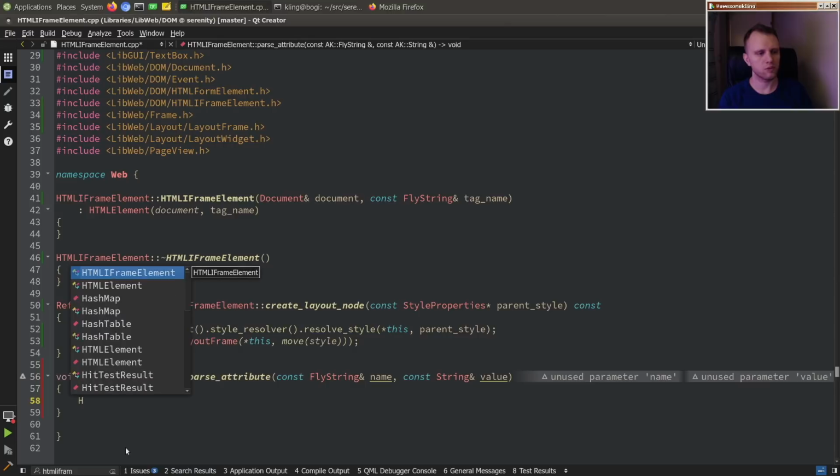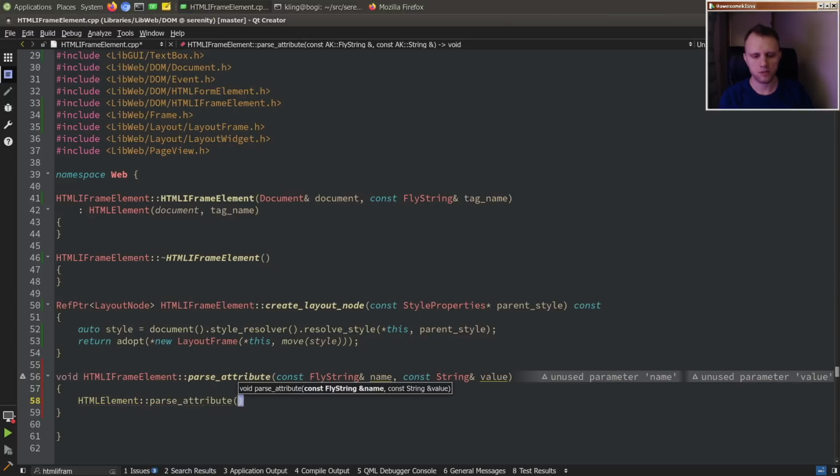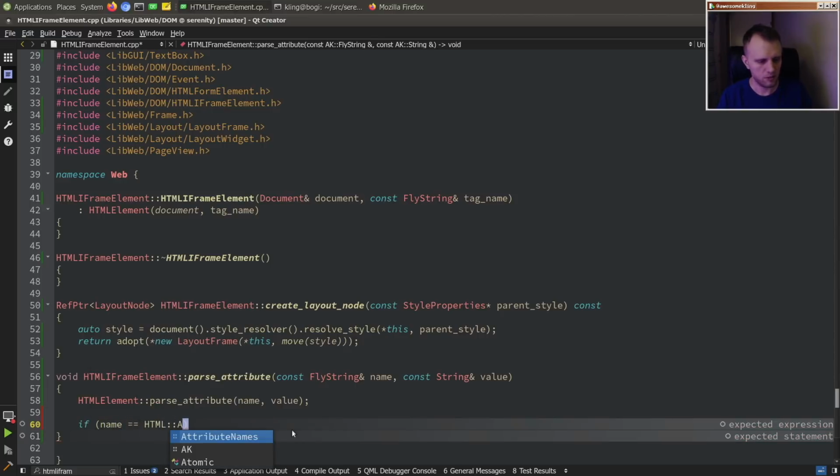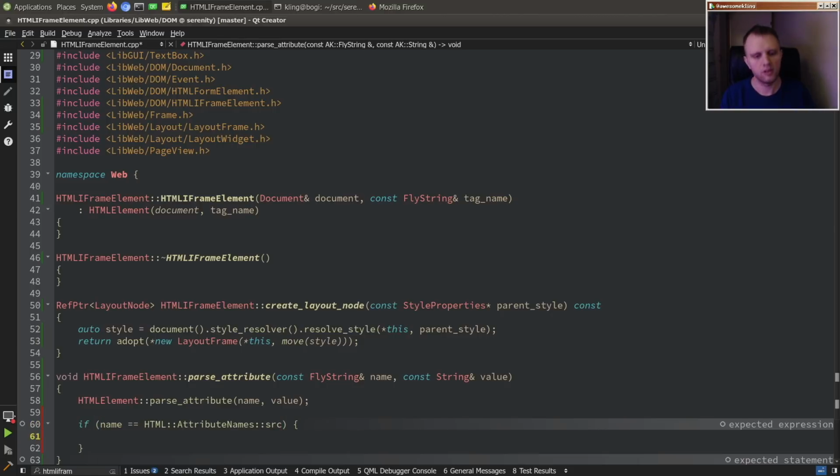Of course, the first thing we'll do is we'll just call to base, give him a chance to pick up stuff like the class attribute, which is handled in the element override of parse attribute. So it's important to call to base with this one. I had a bug yesterday that image elements were not calling to base, and then you couldn't style an image element with a class selector, and that was a bit confusing. But then I figured out that it was just missing this. Okay, so if name is HTML attribute names source, then